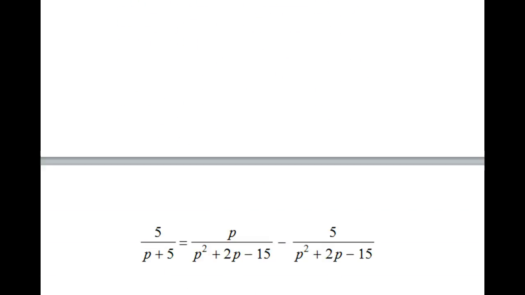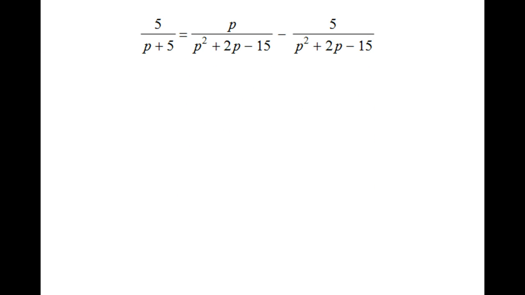And now looking at number 3, here is going to be a little more complicated. I can't really see for two of these ratios or two of these fractions what factors I actually have on the bottom. I know I have a whole p plus 5 on the left, but what we can do is we can take both of these quadratics, which are the same quadratic, and we can write it in factored form. So if we rewrite it in factored form